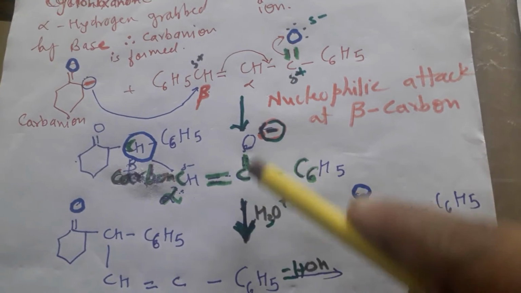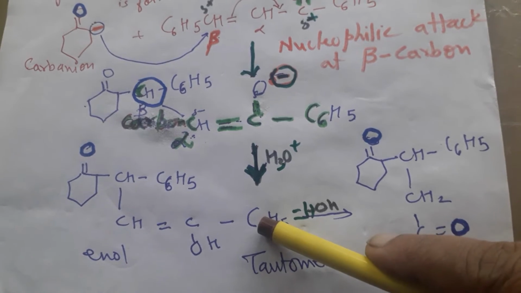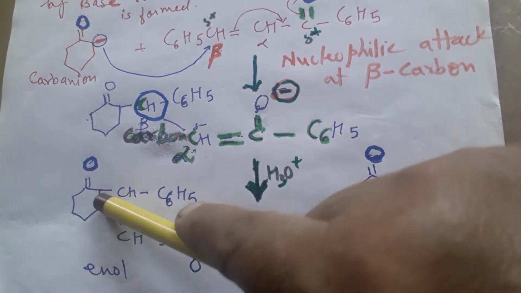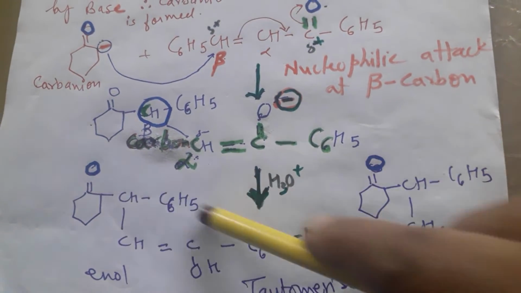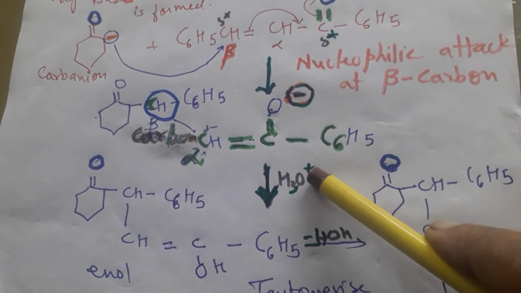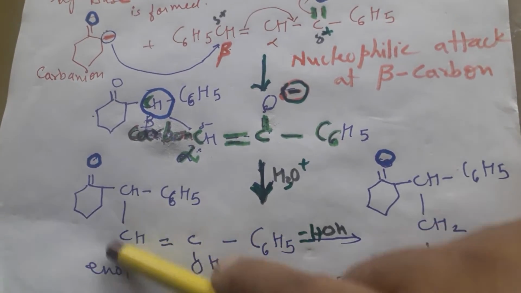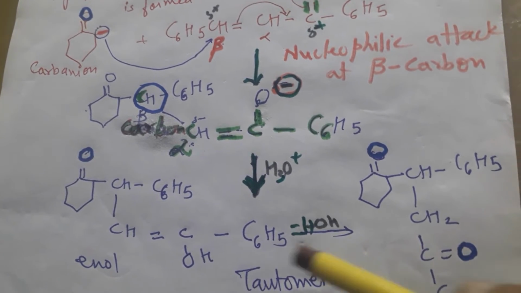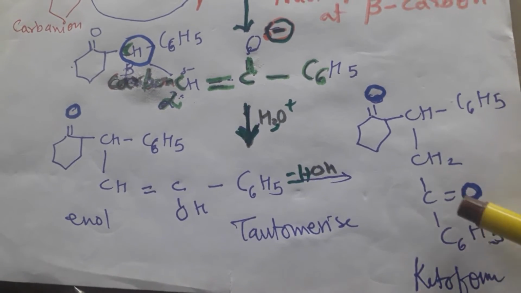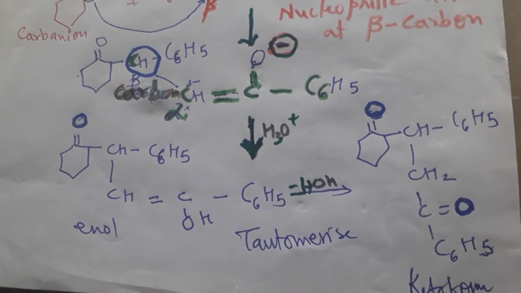Then on hydrolysis this will acquire H, so enol formation will take place. Now see, the complete structure I have written as it is, the cyclohexanone part, and then the alpha beta unsaturated part is like this, and since it is having O negative, on hydrolysis this H will go to here and it will get OH. Now the enol is formed and it tautomerizes. After tautomerization we will get this ketone. Since here the 1 and 2 carbonyl groups are present, we will call it a diketone.